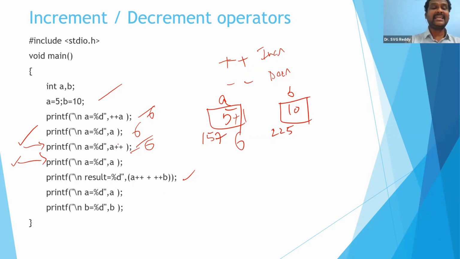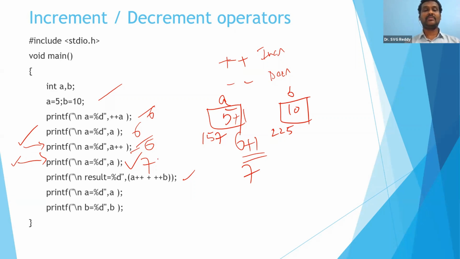Then in the next instruction, as I told you, post-increment. So it should be incremented after the semicolon, in the next instruction. So at this level, a will be automatically updated to 6 plus 1. See, this operation will be done now when we are here. Now it will become 7. When I want to print a now, 7 will be printed.